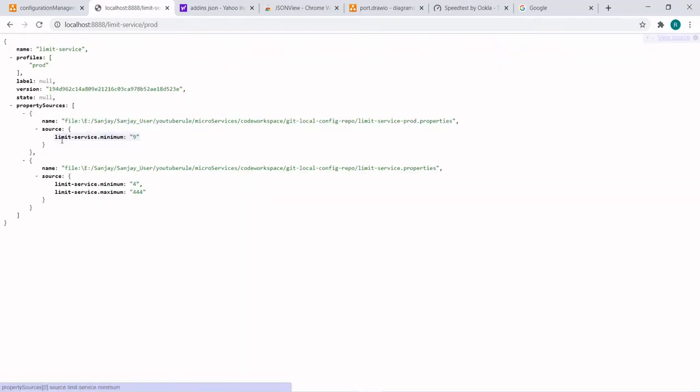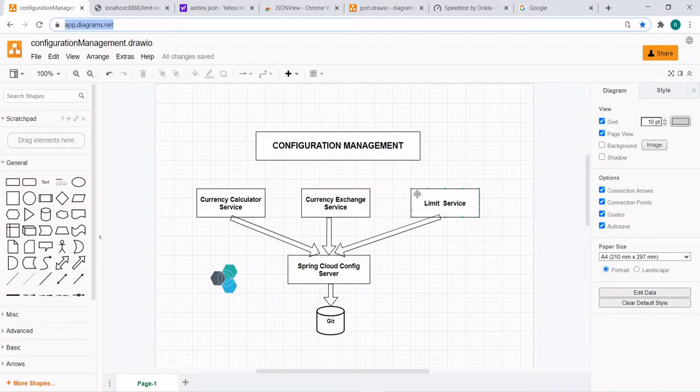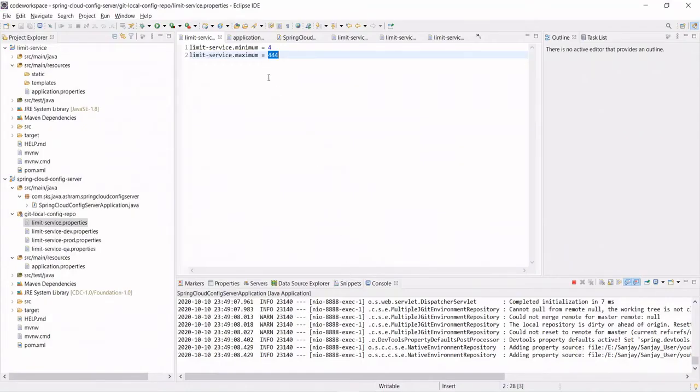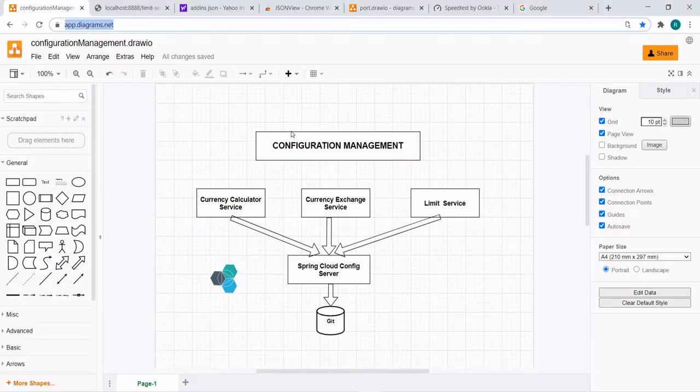Only the minimum 9 is coming. Why is the maximum not coming? It should have been taken from the default configuration. Because the configuration is loaded only when the service starts. That's why it's not coming.